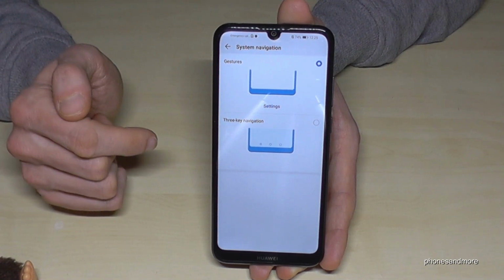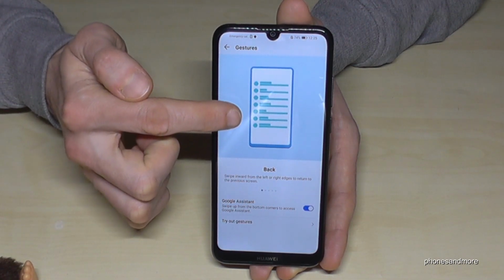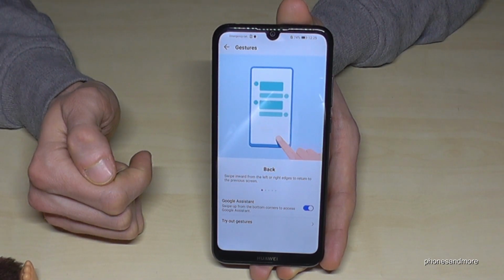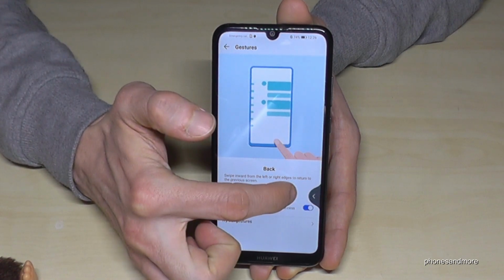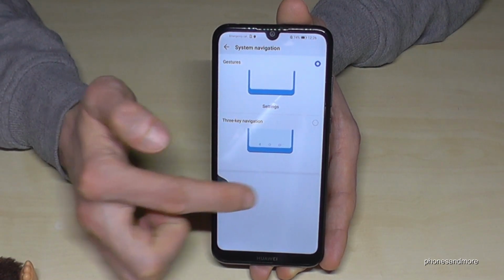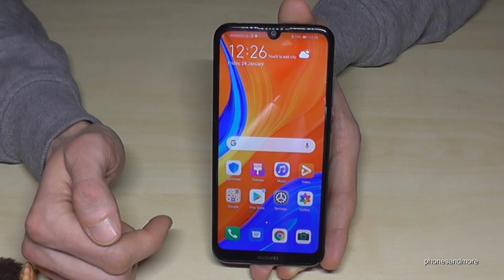If you want to see a bit more, just go here on the settings, and here we will have again a little tutorial how it works. So very nice. Okay, let me show you now one more time. So to go back like this, or like that. Or if you want to go back in general to the home screen like this,